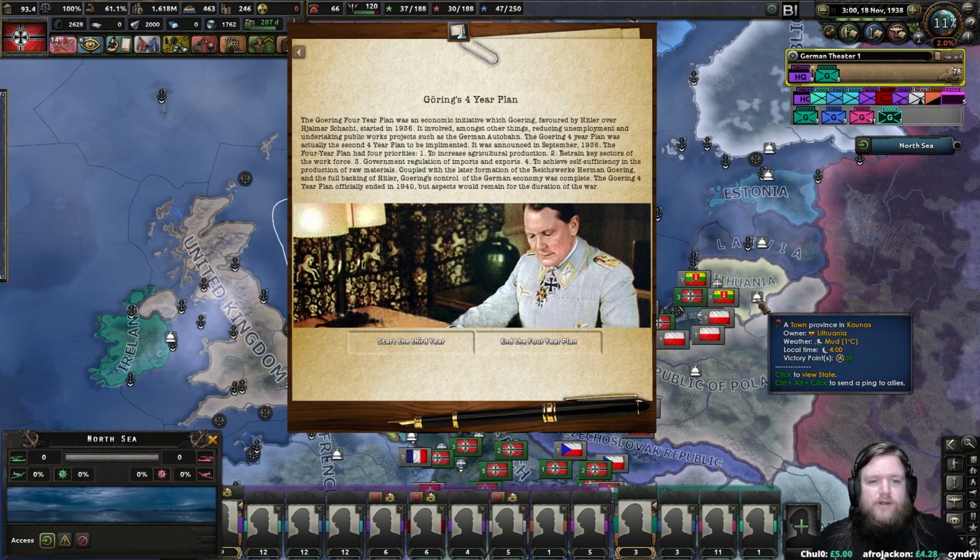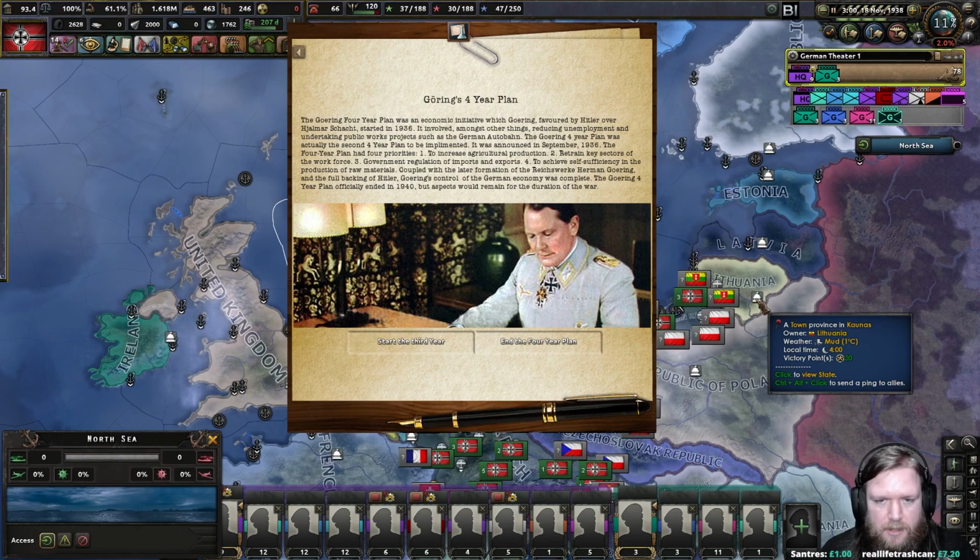Goering's 4-year plan. The Goering 4-year plan was an economic initiative in which Goering, favoured by Hitler over Hjalmar Schacht, started in 1936. It involved, amongst other things, reducing unemployment and taking public work projects such as the German Autobahn. The Goering 4-year plan was actually the second 4-year plan to be implemented. It was announced in September 36. The 4-year plan had 4 priorities. To increase agriculture...